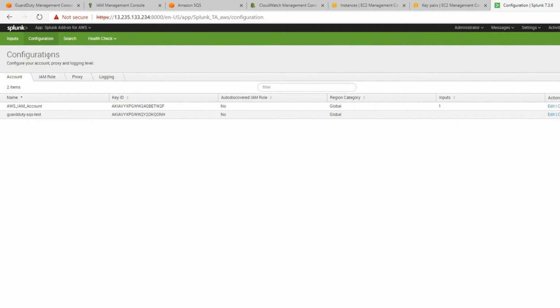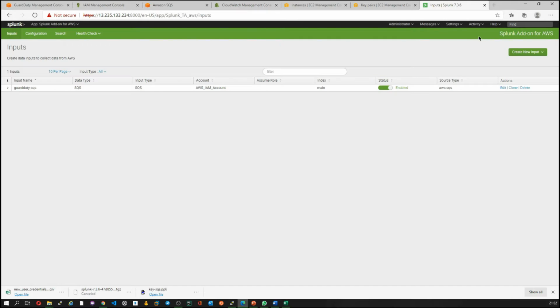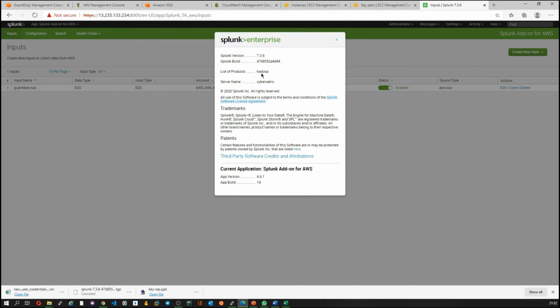So now quickly jump on to the input section of the add-on. In the meantime, let me explain something: in this case, my Splunk version is 7.3.6, right?